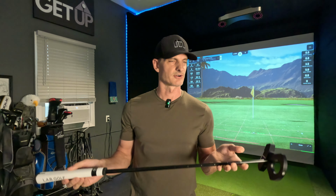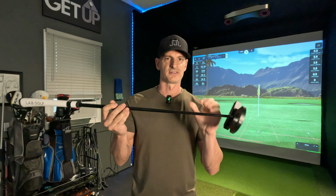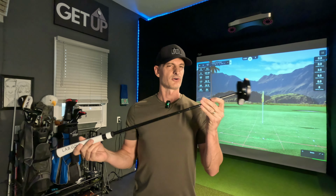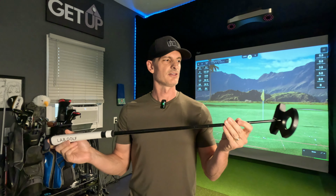Philip actually went to one of our local golf shops. They're not a certified LAB fitter, but they did have a LAB fitting putter there where they can adjust the lie angle and the length of the shaft and kind of give you an idea of what feels best to you. So if you're really serious about your game, you might want to consider just getting custom fit for one. That's the only regret I have. I do feel like this shaft's probably a little bit too short for me,